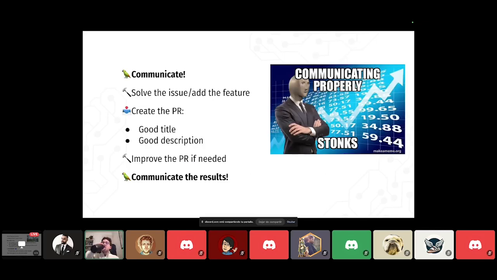Okay, and then communicate ideas, since I think that it's really, really important to communicate throughout the whole process, from the starting point to the ending point, and even beyond that. Okay, so let's say that we already have that issue, that feature that we'd like to work on. After that, we solve the issue or add the feature, and once we've done that, we can create the